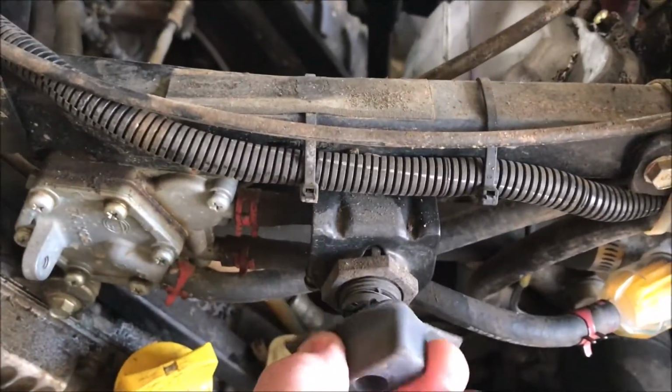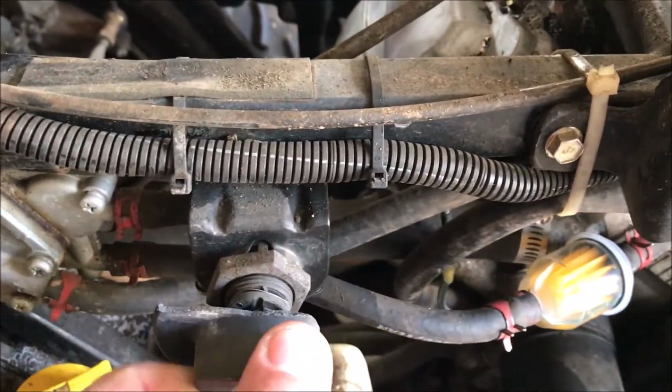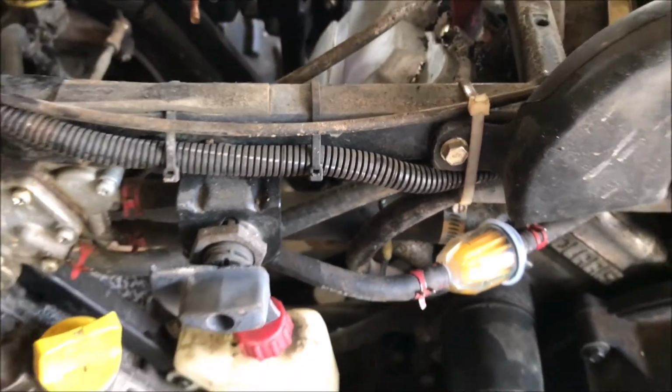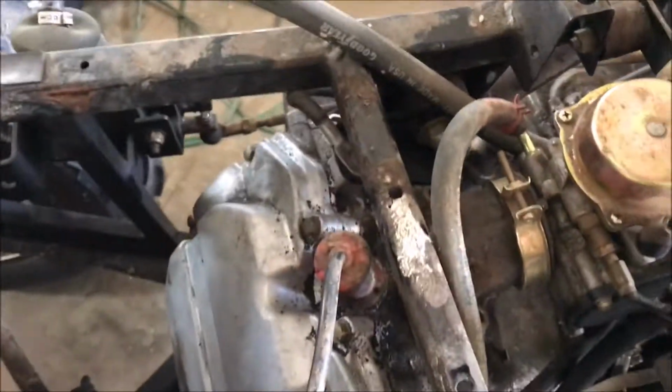But when I put the fuel tank back in, I could see when I turned the indicator knob here to run, I just got a little trickle that came through my filter, and when I turned it to reserve, the thing ran great. So I knew I had some type of obstruction in there. When I looked in the tank, I could see some debris, but I couldn't suck it out with just a siphon. So anyway, I pulled the tank out, and when I pulled the tank out, I found the boot for